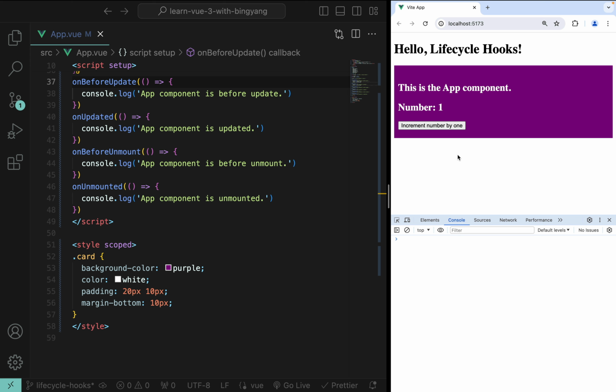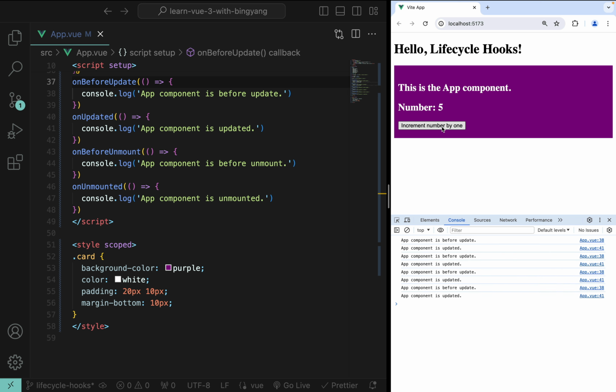I'm going to make an update to this HTML element. Number goes from 1 to 2 by clicking increment number by 1. Now pay attention to console. What happened? onBeforeUpdate gets called first, and then onUpdated is called. Do it again, again, and again. That proves my point. So line 37 to 39, we are registering a hook to be called right before the